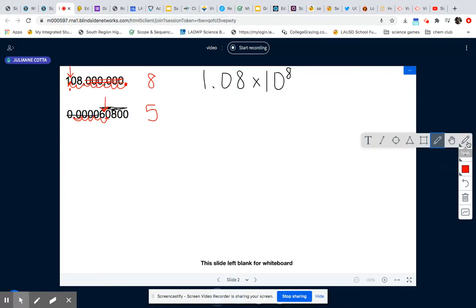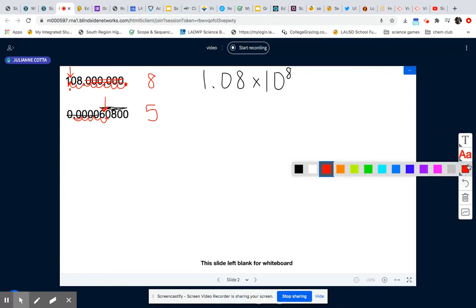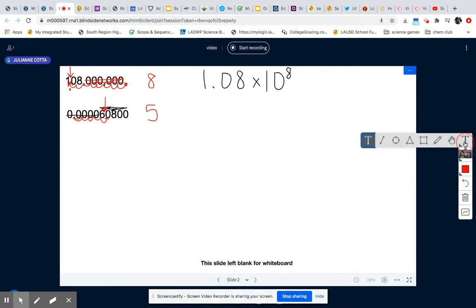And then what do I have left? You're writing your significant digits, basically. Let me change the color back to black. So your answer will be 6.08, I'm sorry, 6.0800, okay, so this part right here is the part you needed for your significant digits, times 10